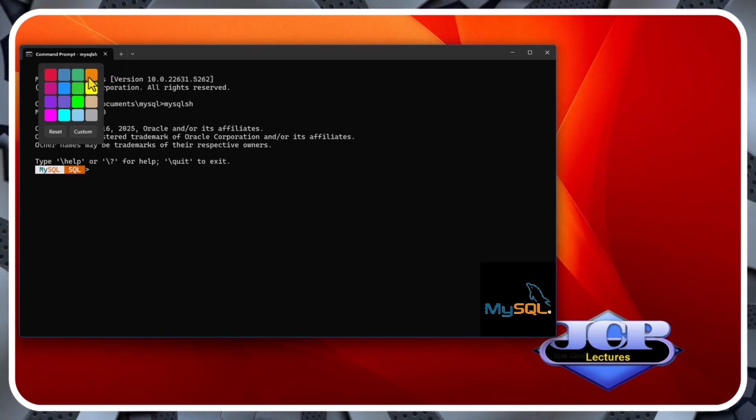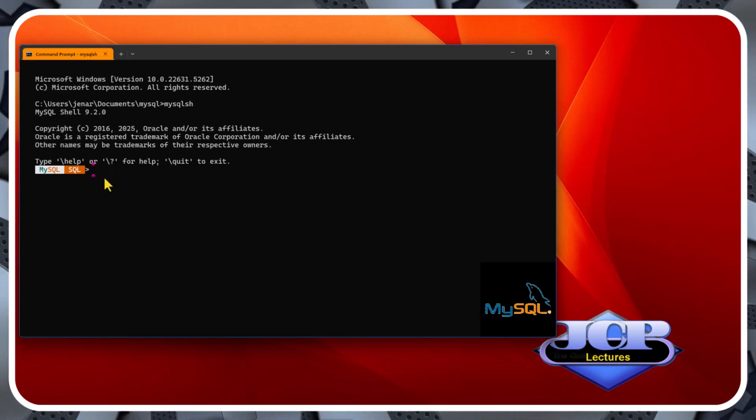We can change the tab color to orange to be in accordance with it. The first command we are giving is \status, which provides the actual version of the shell.